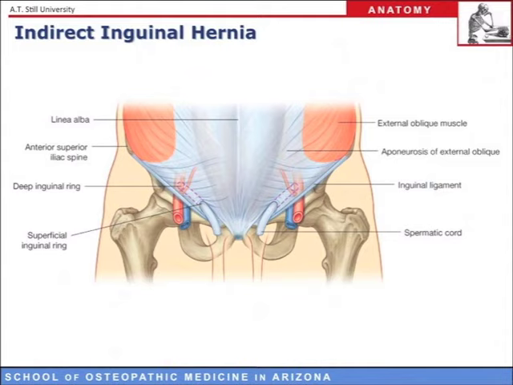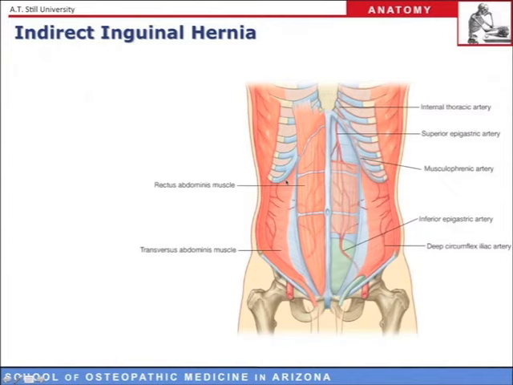So the next thing I want to point out is this artery right here. And so I want to ask the question, why did the artist take the time to draw in this little bit of this artery? Well, the answer is that this artery is the inferior epigastric artery, and it's going to help us in our ability to diagnose what type of inguinal hernia that a patient will present with.